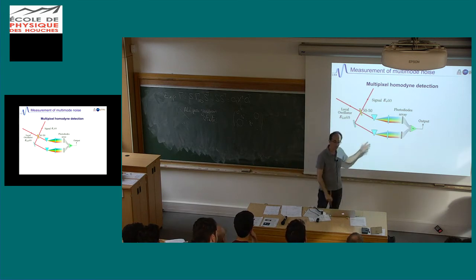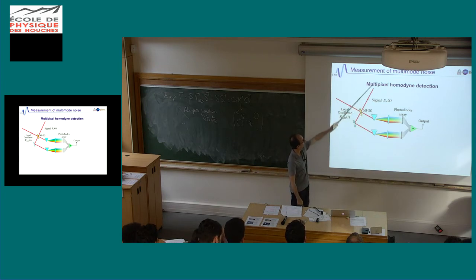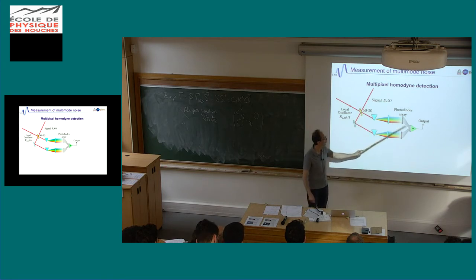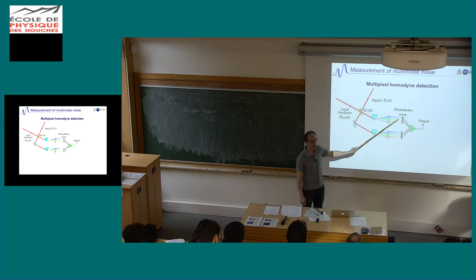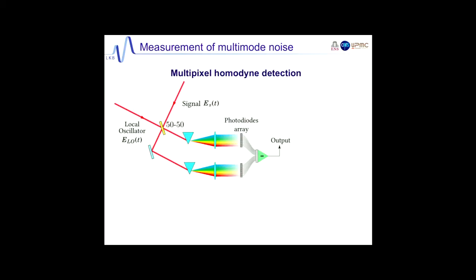So there's one way to do it. This one works a bit like a spectrometer, in fact. Here it's a standard homodyne setup. Your signal comes here, your local oscillator comes here, they mix here, and then you take the difference between your two detectors. But the difference is that here we have a grating, and if you look at one line, for instance the blue line, this one makes the difference between this detector and this detector. So here you have a homodyne detection for the blue line. Okay? But in practice, you have homodyne detections for all the lines.